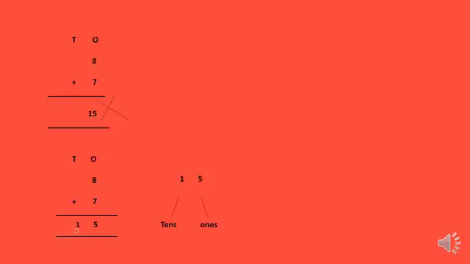Okay, children, I told you already. These digits, they do not like to share their place. Each digit likes to stay alone. It is not possible for two digits to stay in one place. I told you the concept already. So what are we doing now? In 15, how many ones are there? 5 ones. So we are writing that 5 in the ones place. How many tens are there? 1 ten. So we are writing 1 here. Okay, children, did you understand now?